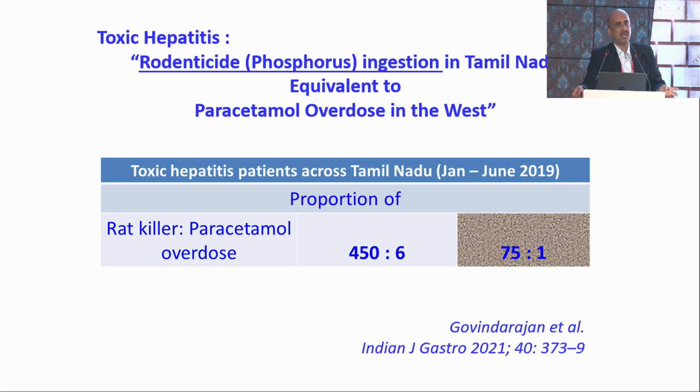Now, in Tamil Nadu and in southern and western parts of India, rodenticide ingestion is a fashionable way of committing suicide. It contains phosphorus. And in this study conducted in 2019 by the Tamil Nadu chapter of the Indian Society of Gastroenterology, we could show that across Tamil Nadu, for every one patient with paracetamol overdose causing liver toxicity, there were 75 patients who consumed rodenticide